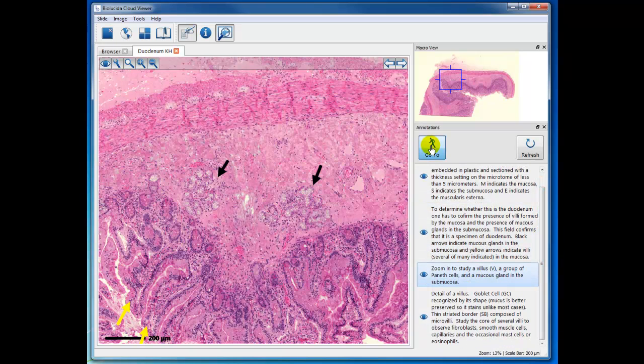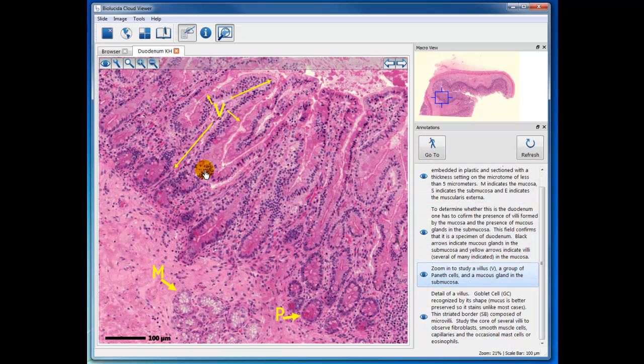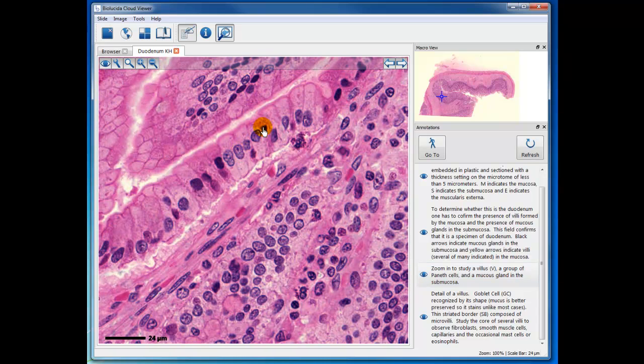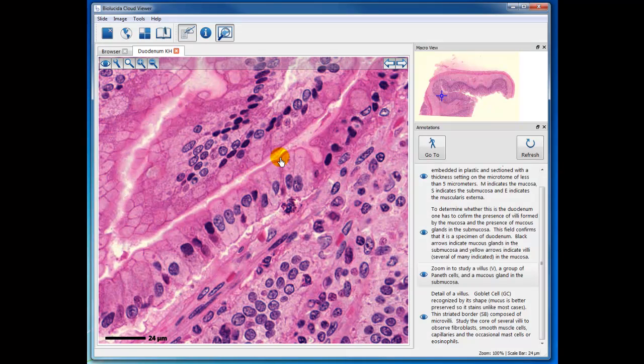So let's take a look. If we look at the detail of the villi and the mucus glands and the Paneth cells, you can use this annotation to see that detail. I'm going to zoom in right here because you can see, and I've got another annotation of that, this thin red border here. That represents the tremendous concentration of microvilli on the surface. So this increases the surface area for absorption and transfer of materials across from the lumen into the